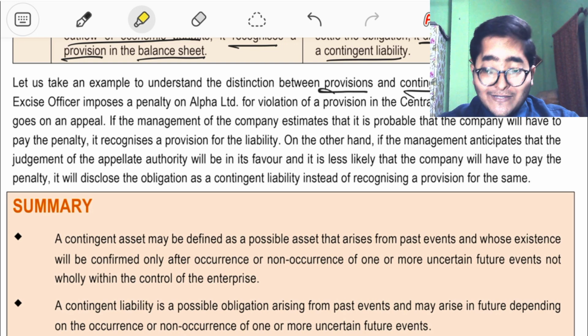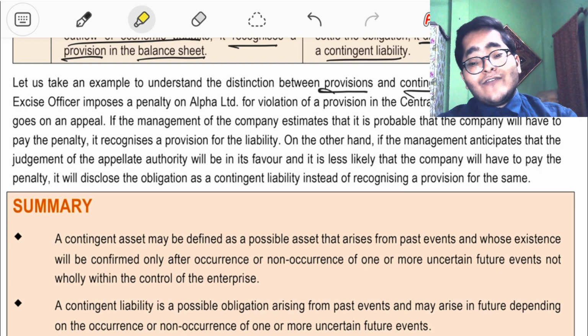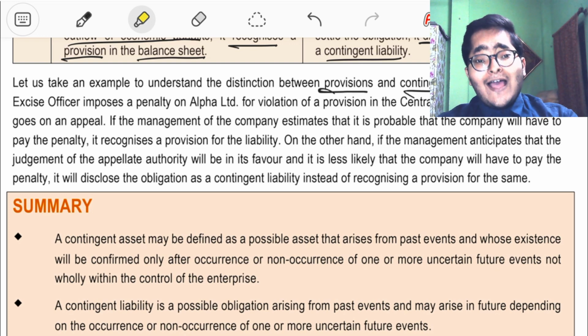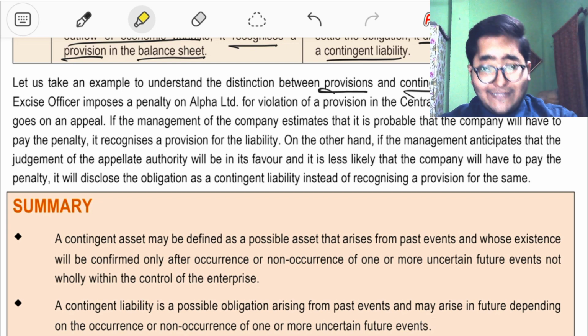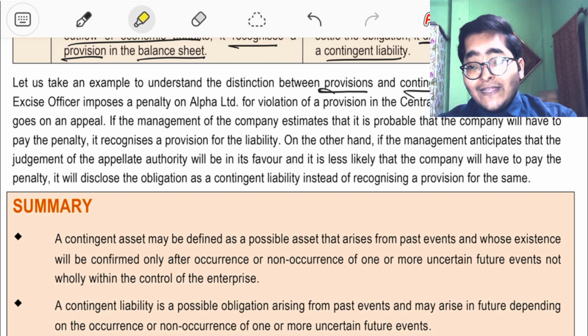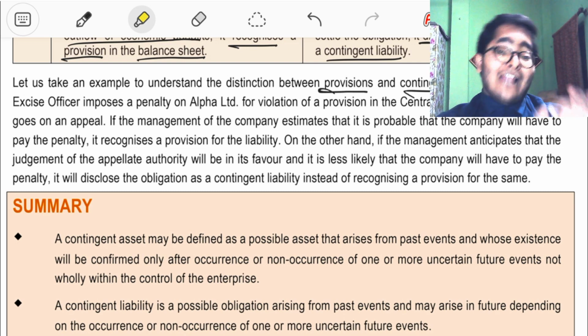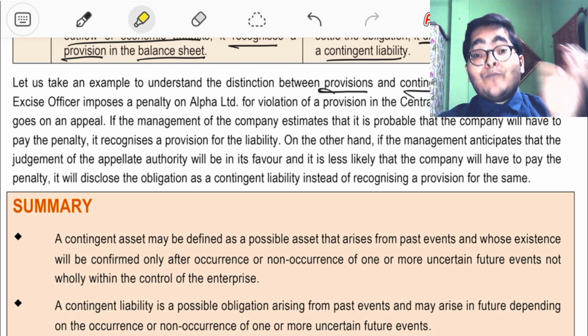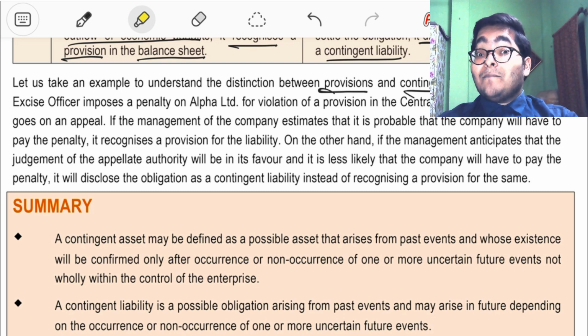तो इसे हम हिंदी में समझते हैं। अल्फा लिमिटेड एक कंपनी है, एक सेंट्रल एक्साइज ऑफिसर है। जो सेंट्रल एक्साइज ऑफिसर है अल्फा लिमिटेड के ऊपर एक पेनल्टी डाल देता है। लेकिन उस पेनल्टी के लिए कंपनी अल्फा लिमिटेड अपील करता है किसके पास? एपेलेट अथॉरिटी के पास। अगर ये प्रोबेबल है, अगर मैनेजमेंट ये मान लेता है कि अल्फा लिमिटेड को ये जो